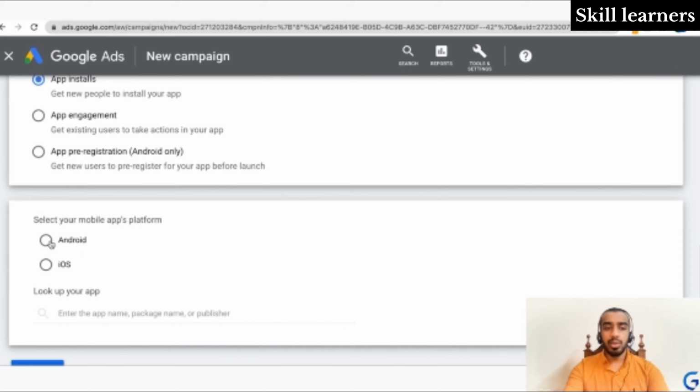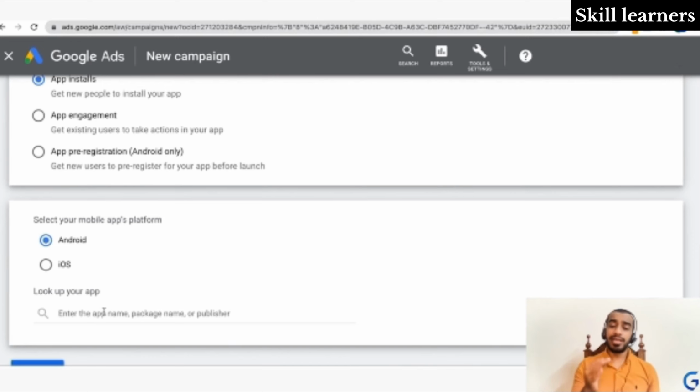So here you can select Android. You have the option for Android or iOS. I don't have an app of my own that I can promote to show. So for the sake of this video, even if you don't have an app, you can search for some app out there on Google Play Store and you can actually try promoting it. You don't have to spend money on it. As soon as you launch the campaign, you can probably pause it. That way you don't end up burning your money,